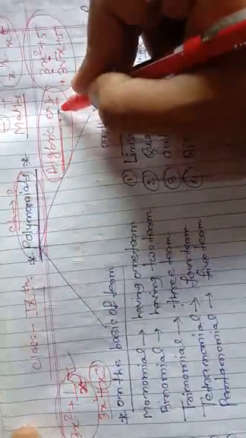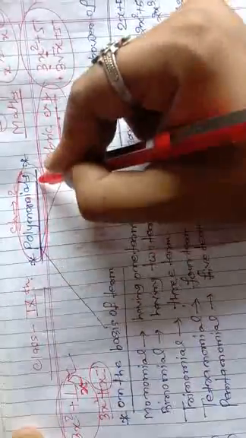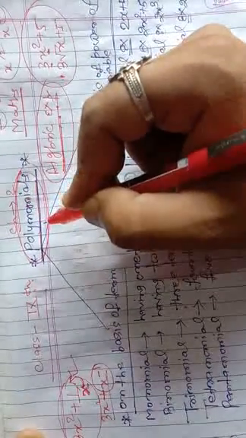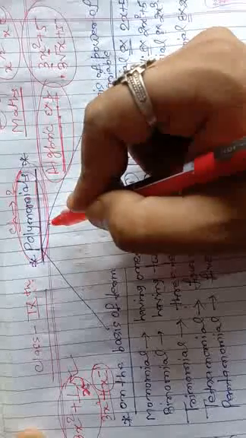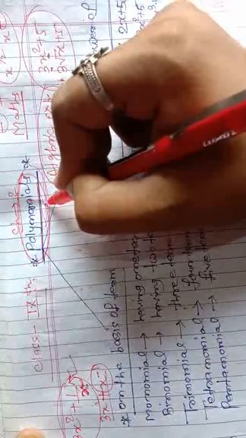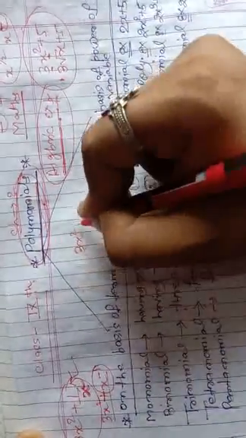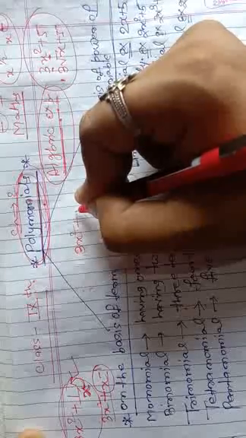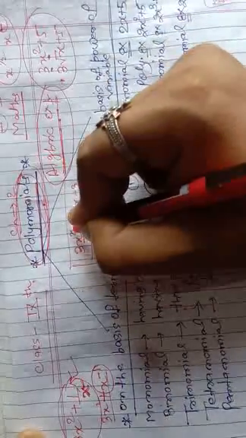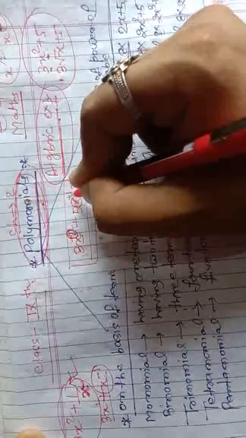Okay, but when we talk about polynomials, this can be defined as a type of algebraic expression in which the variable has only positive integral power. Once again I repeat, it's a type of algebraic expression in which the variable has only positive integral power. I can give you an example. See here, 3x square plus 5x minus 3. Here we see that this x has power 2, which is a positive integer, and this x has power 1, which is also a positive integer.